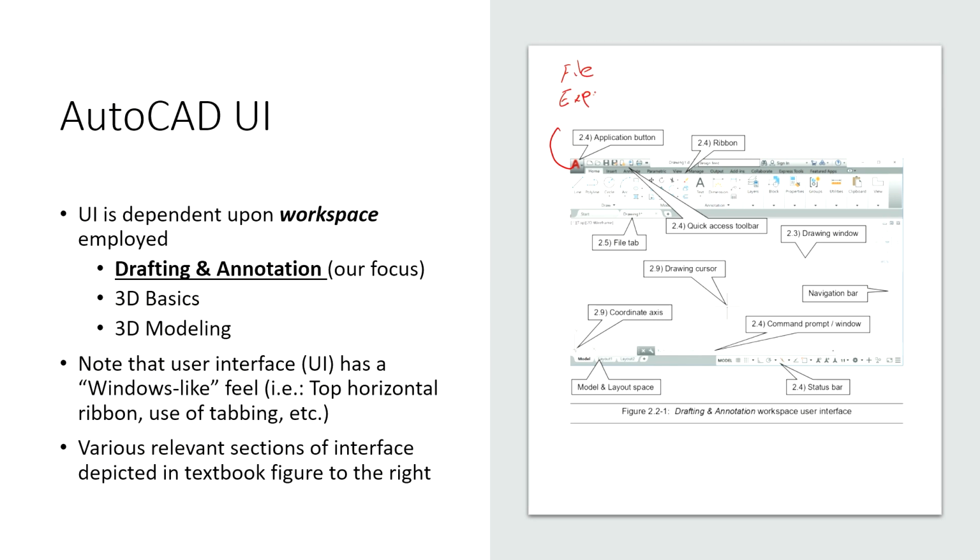A lot of times we have to export to other software for manufacturing or further analysis. And of course the save options, as I said, and also all the options. So here's where you have to set up your properties for units, your properties for how your AutoCAD is gonna look,